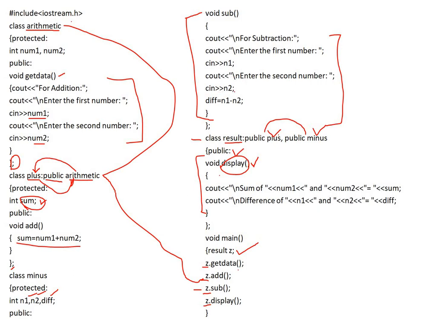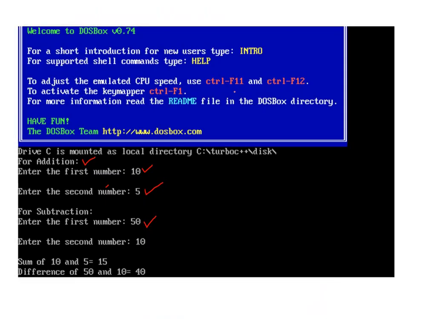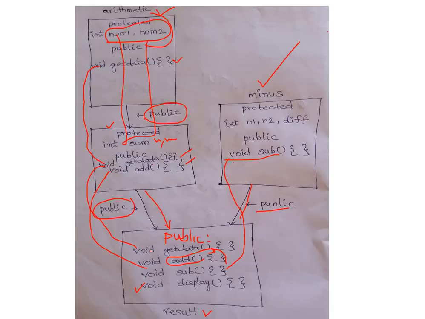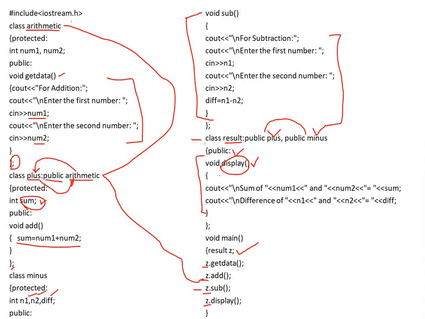Next, cin double greater than n2. Now let us consider we have entered n2. We have entered 10 into the n2. The enter the second number is displayed as it is. Next, after that, it performs one operation, diff is equal to n1 minus n2. The result is stored in the diff. Right, after execution of this sub function, immediately execution control goes back to the main function to display the next